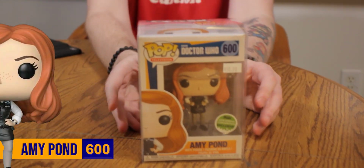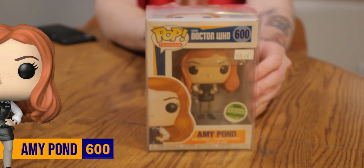Okay. Is it Dragon Ball Z? I haven't looked yet. It's not Dragon Ball Z. Okay. Amy Pond from Doctor Who. This might be a big one. Yeah. It says it's convention exclusive. It has a sticker on it for $50 already. Might have ruined the surprise, but